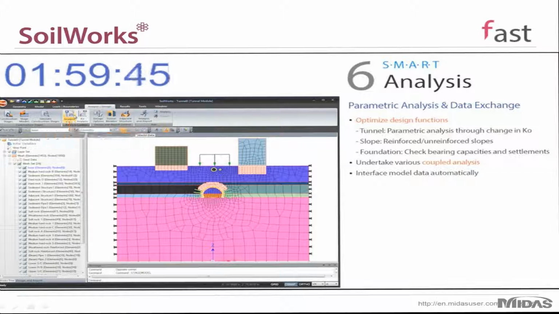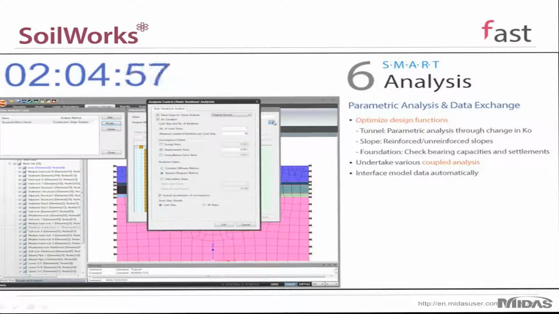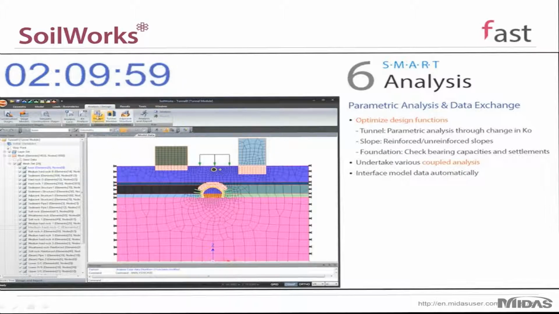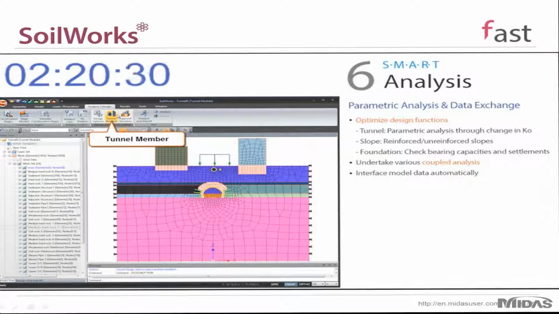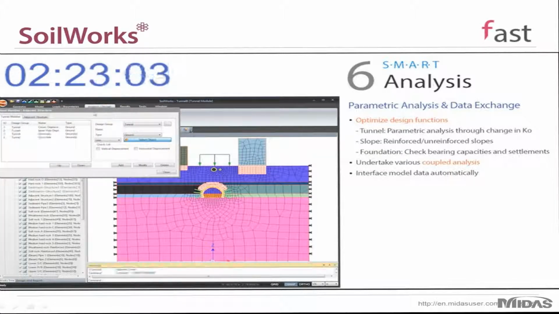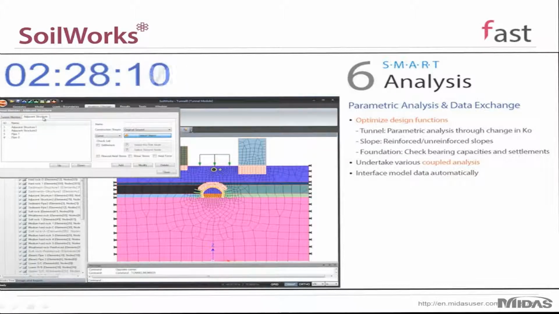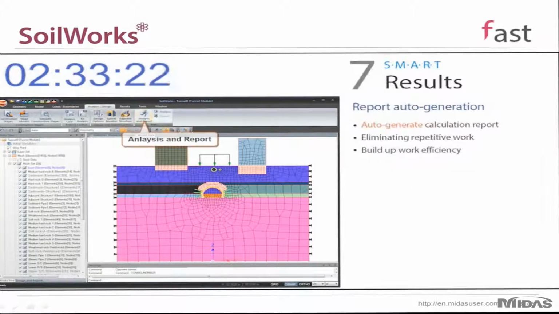Okay, next he'll be defining his analysis cases. So this will be a tunnel project with a structure check, and he's just defining all of his properties. And then design options. So he'll be specifying obviously his options for design. So he'll be just assigning the allowable displacements for the elements and also the allowable shear stress. And then tunnel members. This allows you to group elements that you'd like to see analyzed together. So in this particular project, he'll be choosing the rock bolts just to be analyzed together in the final report. So in that way, instead of having to extract the results from a large spreadsheet, they'll all just be grouped together for him.